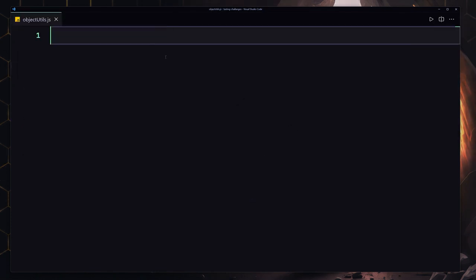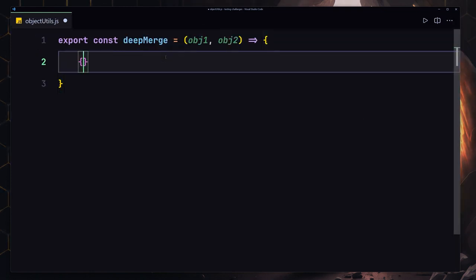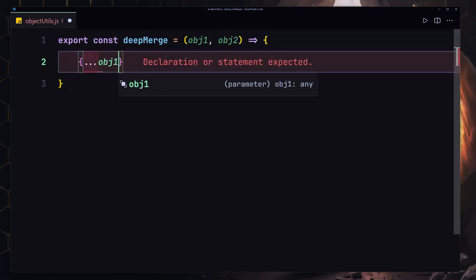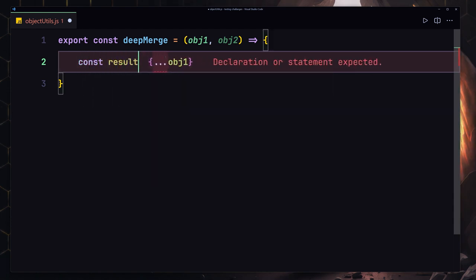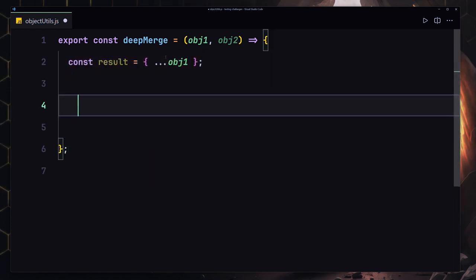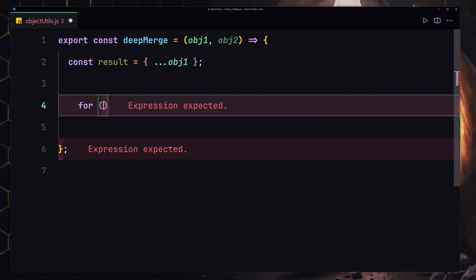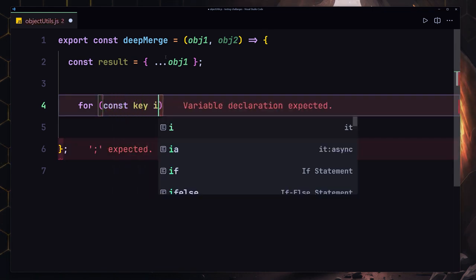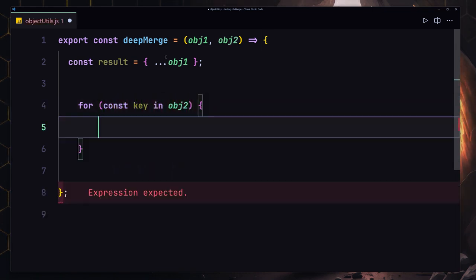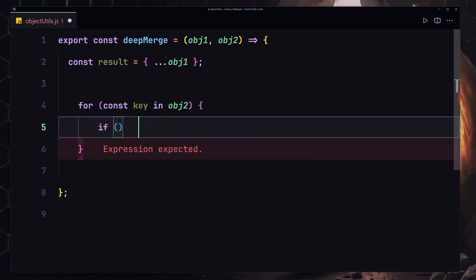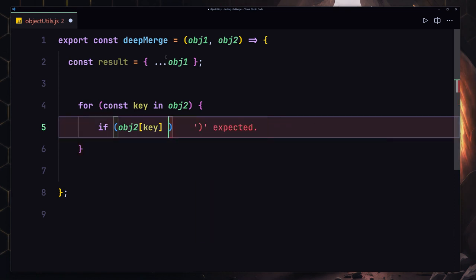utils.js. Okay, so let's start from the first one. We have to export const deepMerge, and it's going to take object1, and it's also going to take object2. Inside there, first of all, we are going to be spreading out all of that object, so object1, and we're going to be storing them inside the result variable, and it should look something like this. Now we are going to be iterating over our keys, so I'll just use const key in object2, and let's check if the object2, and now we have to pass our key inside there, and the instance of